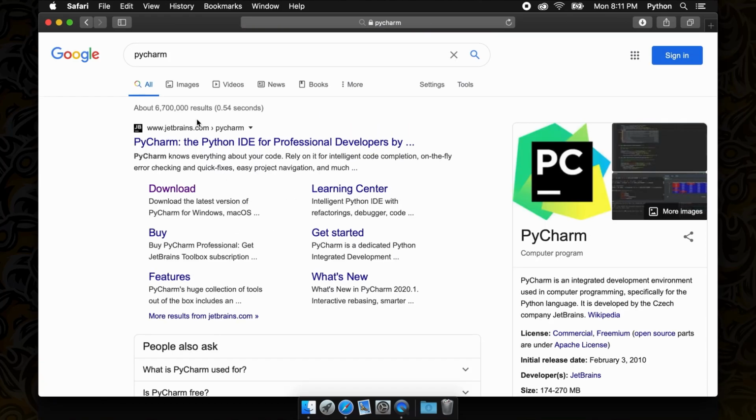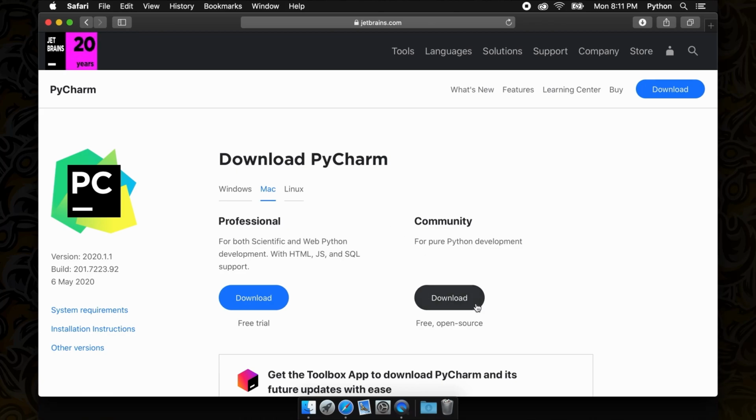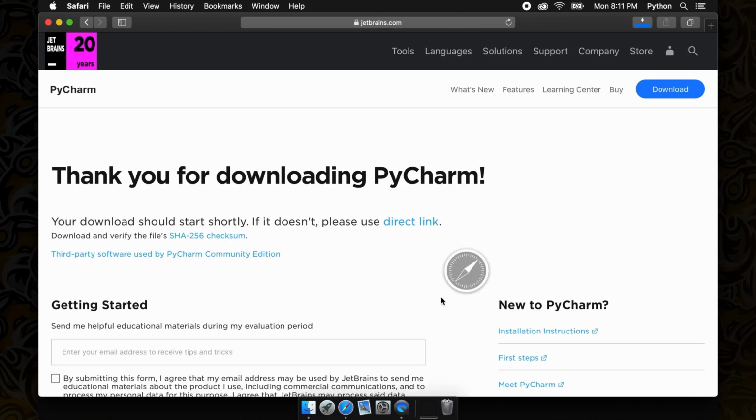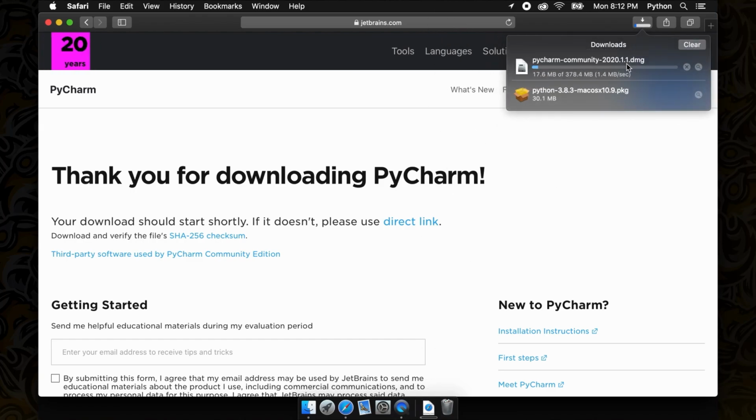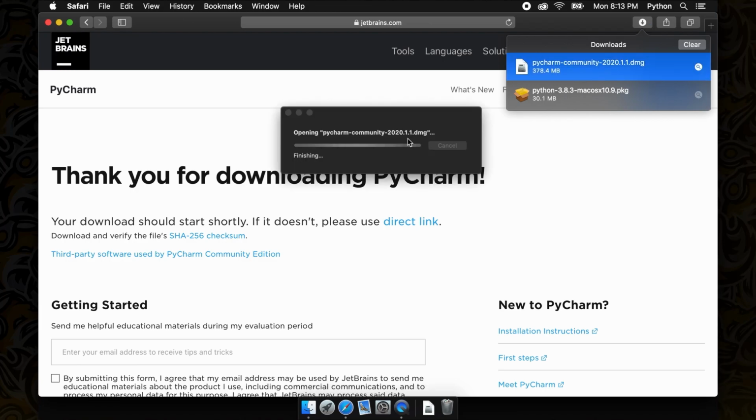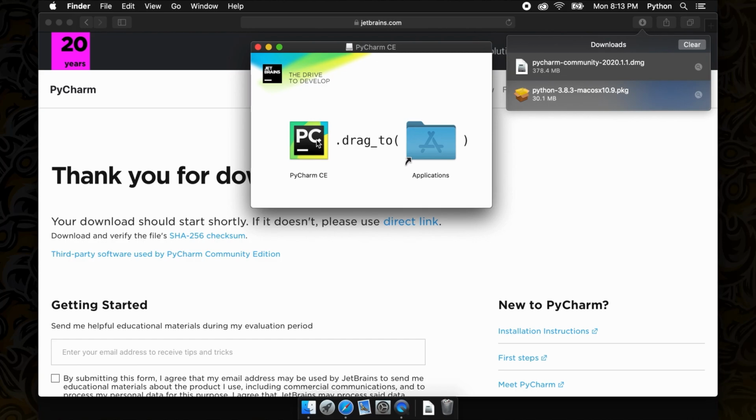PyCharm looks great and is relatively easy to learn, so let's go back to Google and download PyCharm. When we get to the PyCharm download section, we can see that there are two options. For the vast majority of individuals, the free and open source community PyCharm is all that we need, so let's download that. Once that is done downloading, we can run the .dmg file that we downloaded and drag that over to our applications folder. Now that we have the latest version of Python and PyCharm installed, let's open up PyCharm